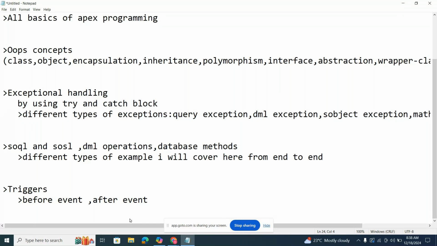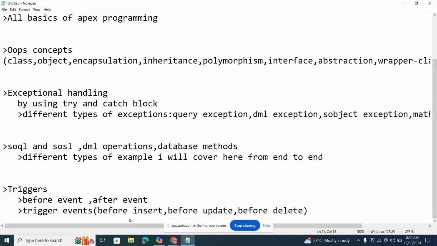Some theoretical questions will be asked in this. Mostly when you go to an interview, sometimes a practical coding question will also be asked from this topic, 99 percent. Before insert, before update, before delete, after insert, after update, after delete.